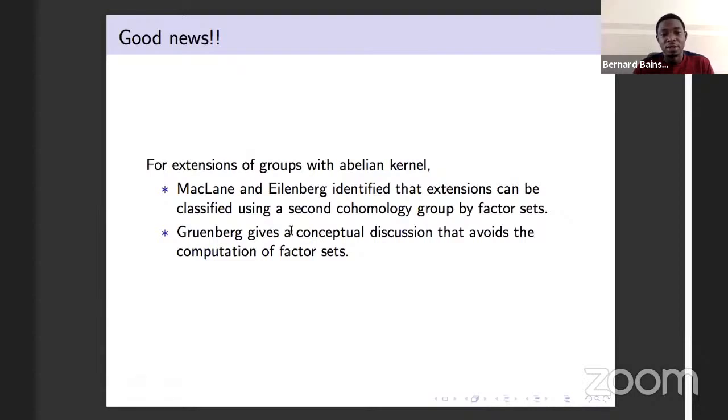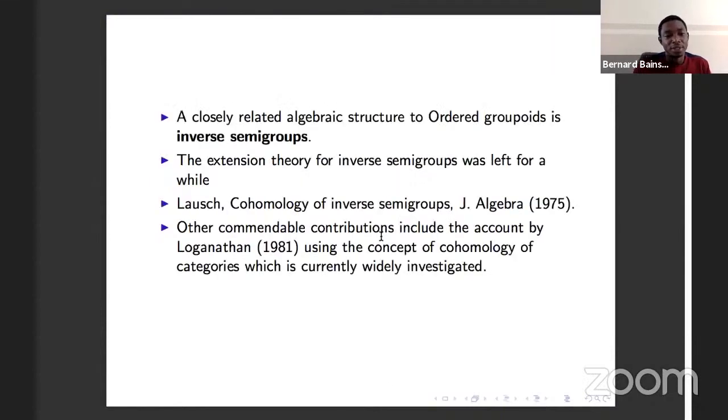Grunberg has also given a conceptual discussion of extensions of ordered groupoids, which doesn't use the notion of factor sets. It's a very beautiful construction. And so that is where I take my inspiration from. And that's where all the computations that I did with Nick Gilbert come from. So we will see it later on. So for inverse semigroups,